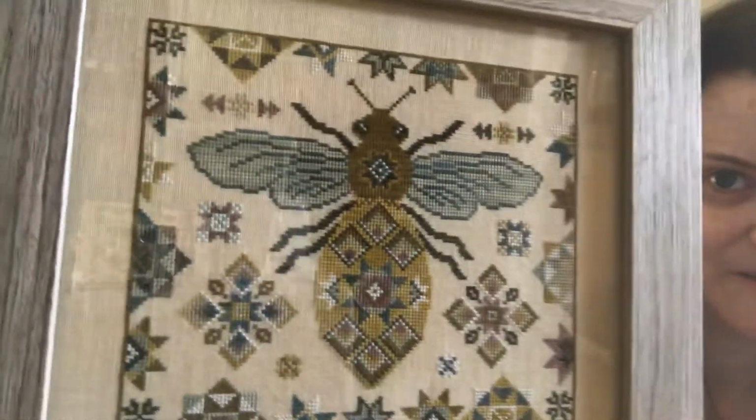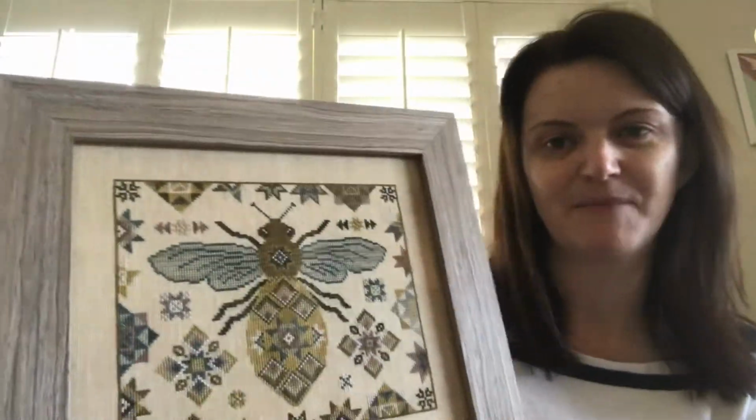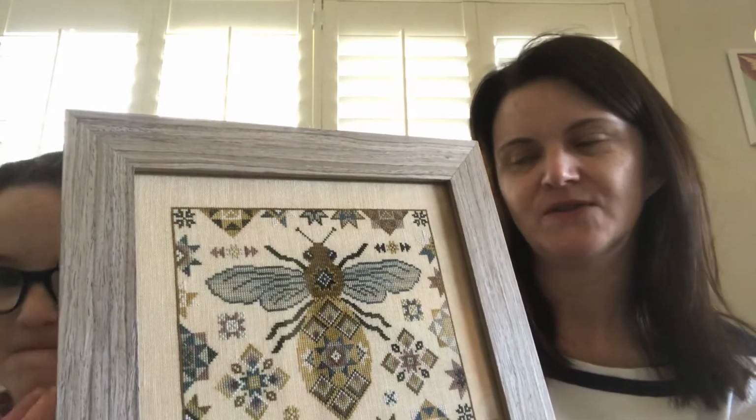I can't wait to get this up on my wall. Where are you going to hang it? I don't know yet. I've got an idea, but the other piece that I took to get framed was my